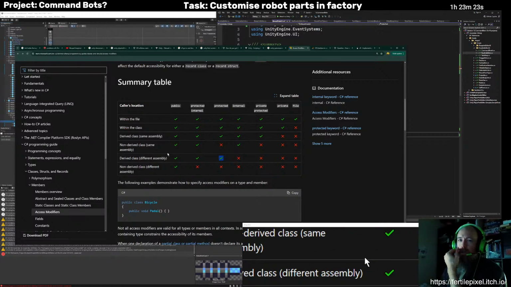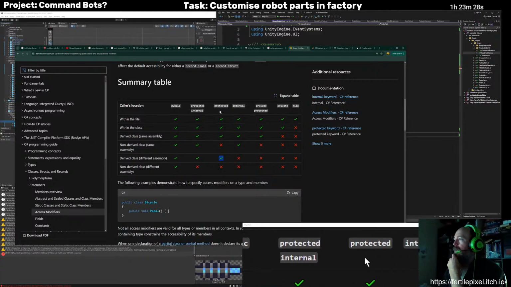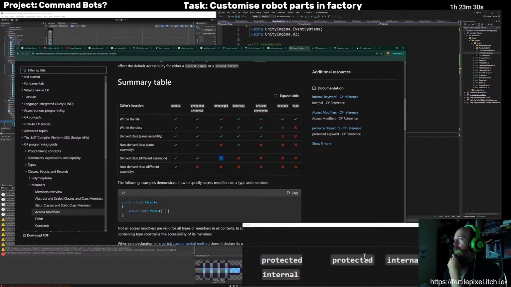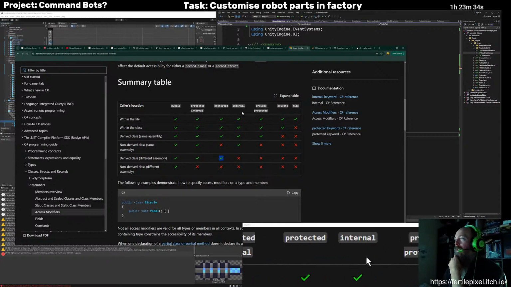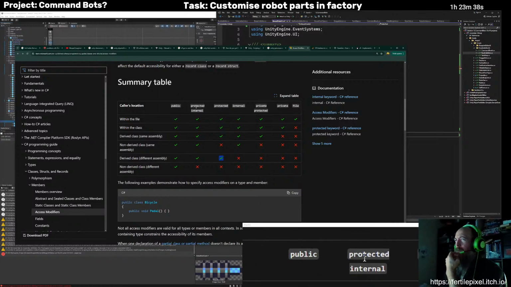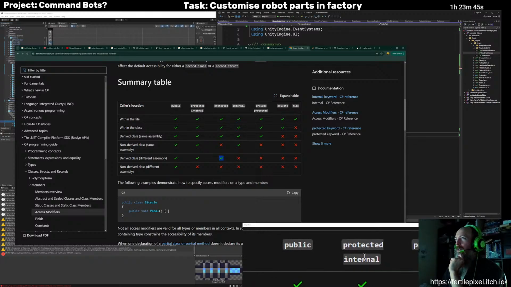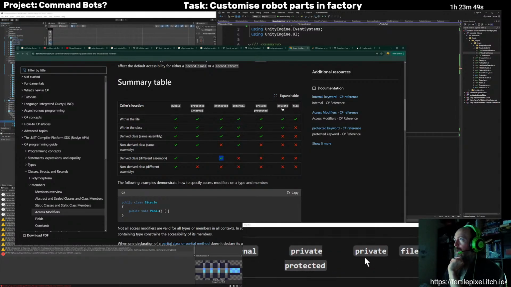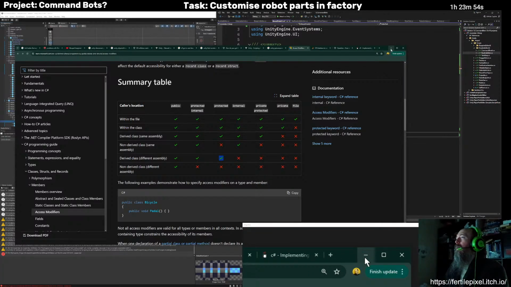I'm not sure if all of these existed back when I was learning C# initially, because I remember learning public, protected, internal, private. So I'm not sure if these I just don't remember learning, or if they're less used and weren't covered as much in learning material, or if they've actually updated it since. So, yeah.